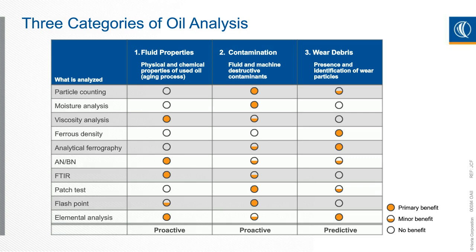But what else are we looking for? In total, oil analysis has three main categories. Really, three ways of looking at the data that will influence each other. That is the health of the lubricant, such as viscosity and additive levels, these are fluid properties. The contaminants present in the oil, not just dirt, but we're also looking at things like water, anything really that's not supposed to be in that oil. And the third one is wear debris. This is an indicator that mechanical wear has occurred on the machine surfaces.